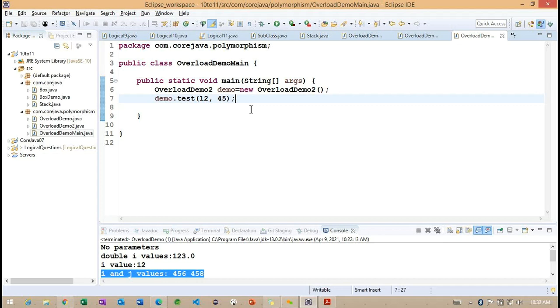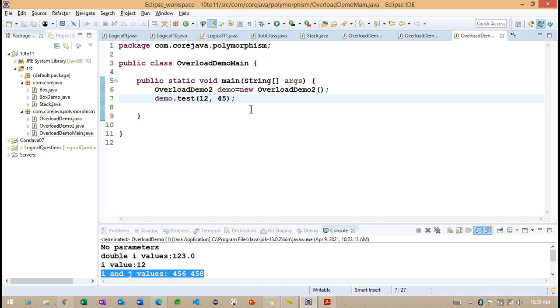So this section is very important here. Basically, from a smaller value to a bigger value, implicit typecasting is going to be performed. Implicit typecasting means that even though this test method is expecting the double data type, we are passing int data type values. Comparing int to double, which is the bigger data type?